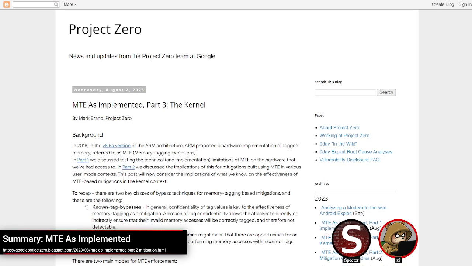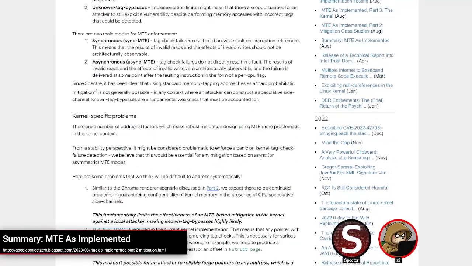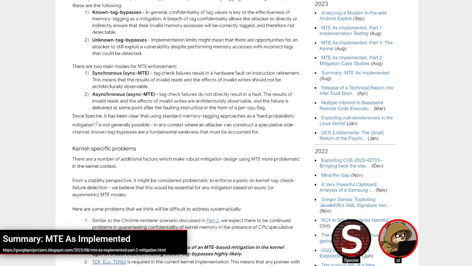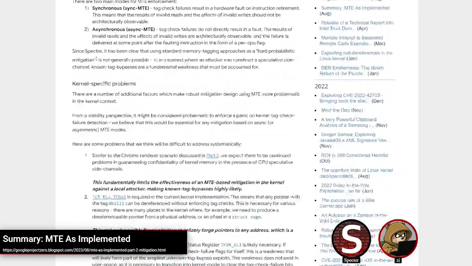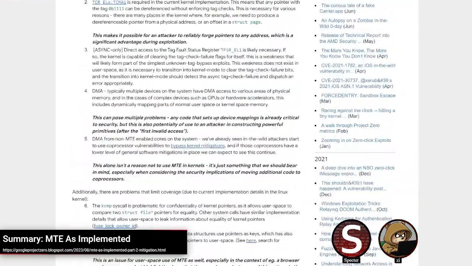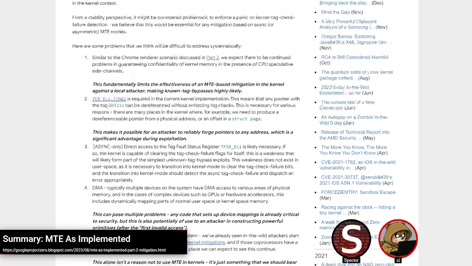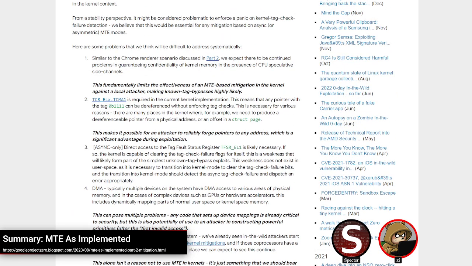Yeah, exactly. So the third post goes into the kernel a little bit, talks about some of the issues that they'll have in the kernel, mostly with implementing and enforcing MTE in the first place. With trying to implement it, they mentioned that they need the translation control register, this TCMA bit or bits, which can basically impact when MTE is on and off. So they basically disable it, do some things, because the kernel needs to produce untagged pointers. It needs to go from a physical address to a pointer, and it's not going to know the tag for that.